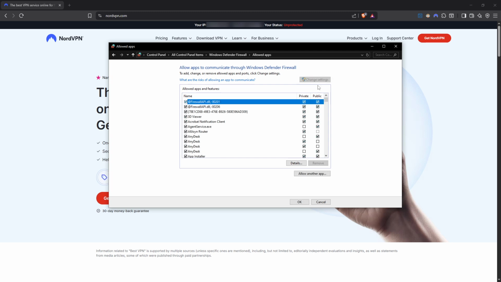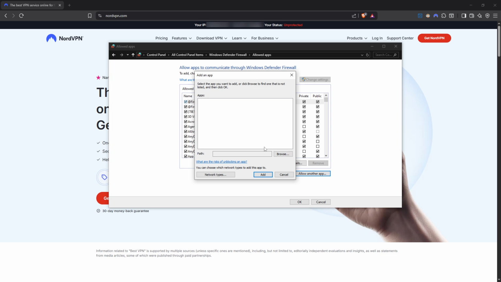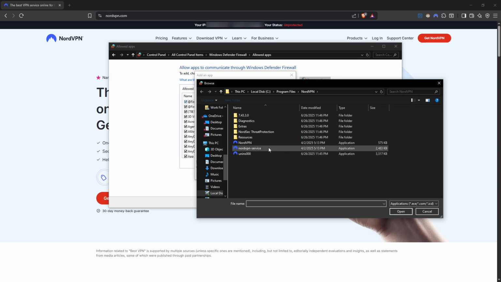With the settings now unlocked, find the Allow Another App button near the bottom. Clicking this will allow us to add new programs to our firewall exceptions. A new window labelled Add an App will appear. Here, click Browse and navigate to where NordVPN is installed on your computer. By default, it is usually installed in the C program files,